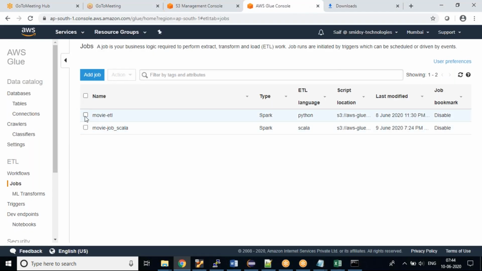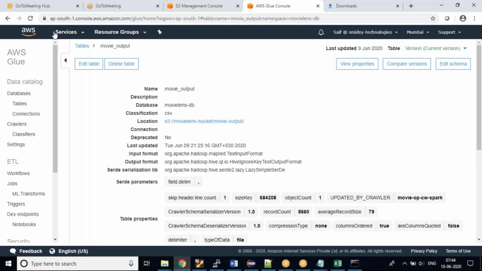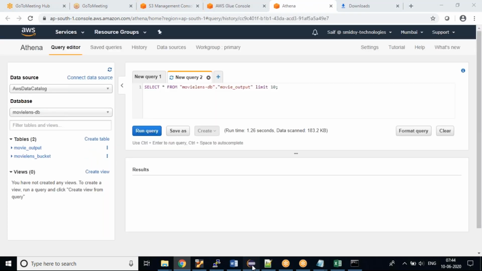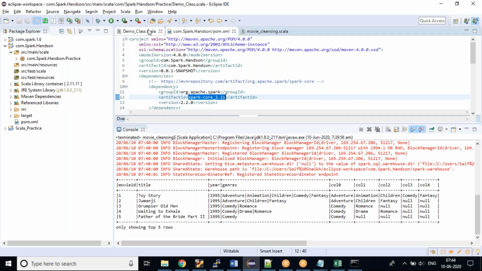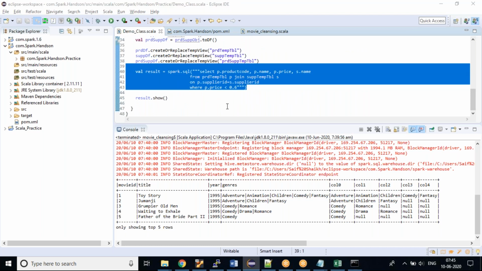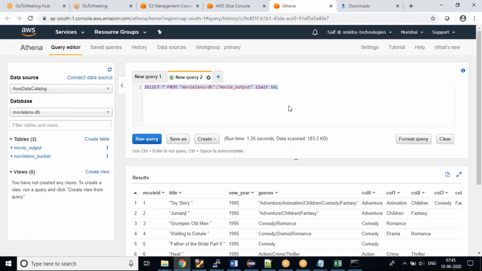And the last thing you need to do is, your tables would be getting created. If you go inside this, you can query these tables using Athena also. How I'm writing my Spark SQL queries over here: in my previous coding exercise, I showed you the queries I was writing on my data frame. The same thing, you can write the queries over here and you can get your transformed data here also.